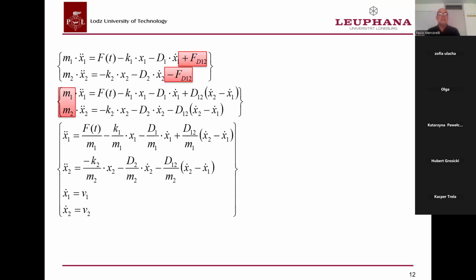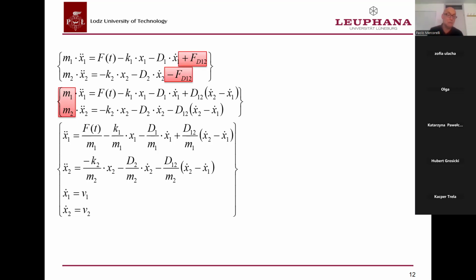characterizes, let me say, x1 double dot is characterized by the elements acting on the mass m1, as we can see here. And the acceleration x2 is characterized by the elements acting on the mass m2. Please pay attention, F is acting on the mass m1. These two equations are kinematic equations, nevertheless they are there in order to complete the